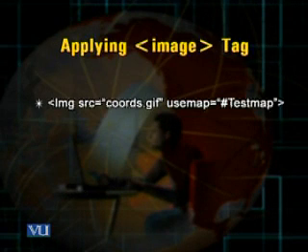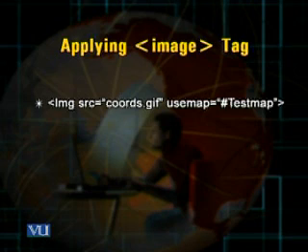I give the attribute source the actual image file name, that bigger rectangle which I had divided into 3 regions, my main image. In this case, the name of that file is quads.gif.